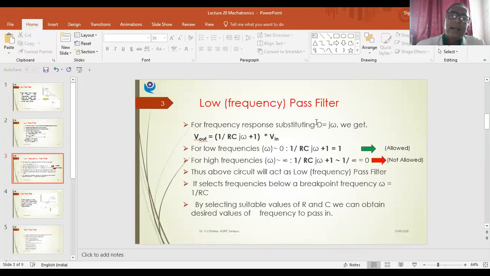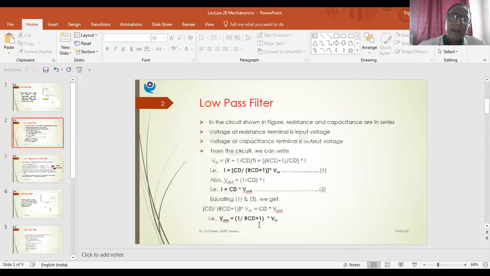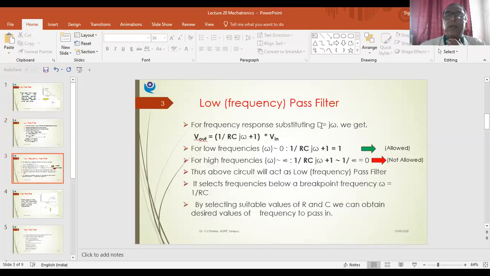So earlier I had the equation which was in the time domain. Now by replacing the time domain d by dt with frequency domain j omega, I'm converting the time domain function into a frequency domain function. Okay, if you don't understand, don't worry, we'll discuss it during control engineering. Right now, what you do is substitute d equal to j omega. So wherever d is there, just put j omega.